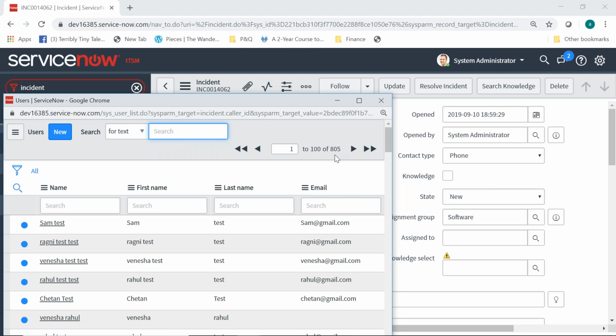Guys, why is assigned to showing a limited set of users from the user table, but caller is giving you the option to select more users?